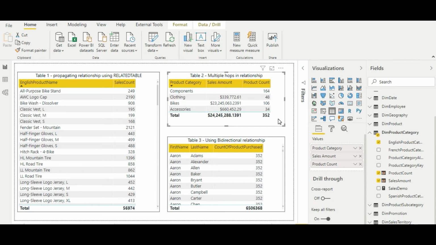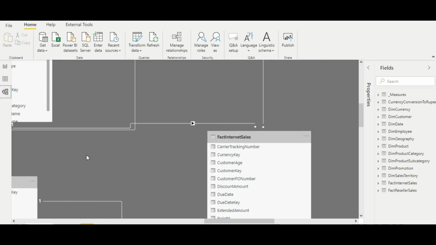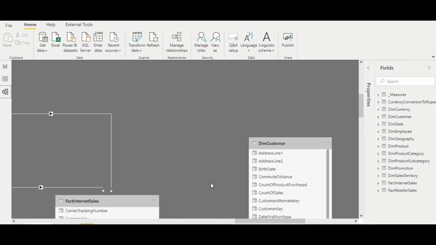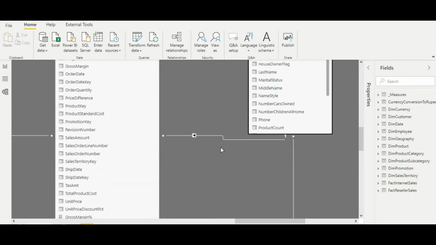Now let me come to the third scenario. Let me first define the scenario. If we switch to the relationship view again, there is one table called DIM customer. You can see it has a one-to-many relationship with the fact internet sales table. If you scroll up a little, you will see the fact internet sales table, and we have also seen that the DIM product table has a one-to-many relationship with the fact internet sales table.